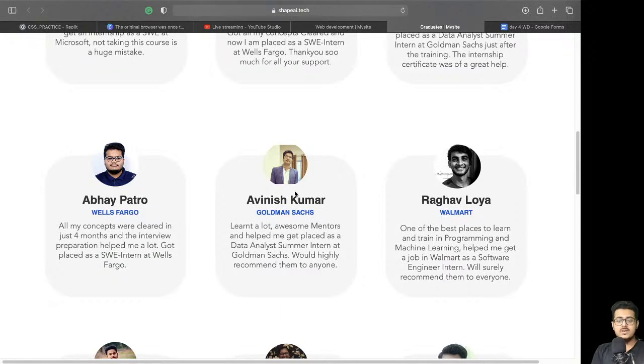Our aim is not to make you the best web developer, it is to make you the best person for a company to select. If there are 50 people coming to an interview, then you are the best person who gets that particular position. That is the principle behind ShapeAI, the core fundamental that we founded